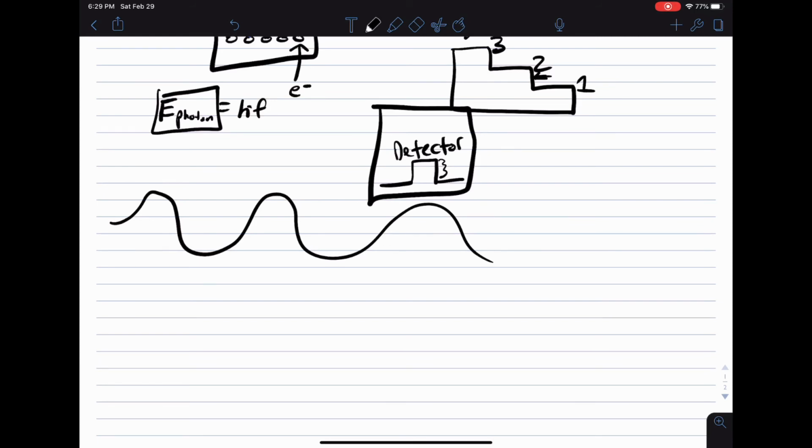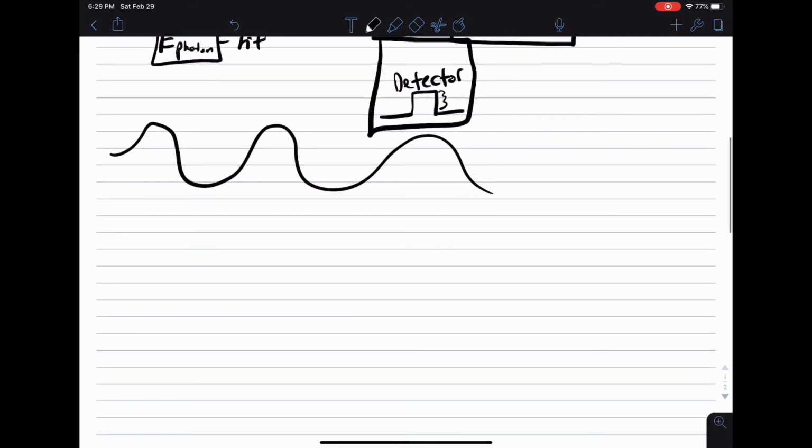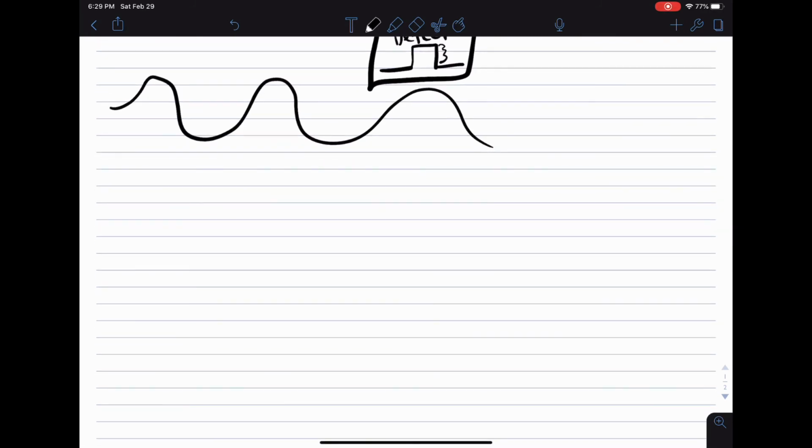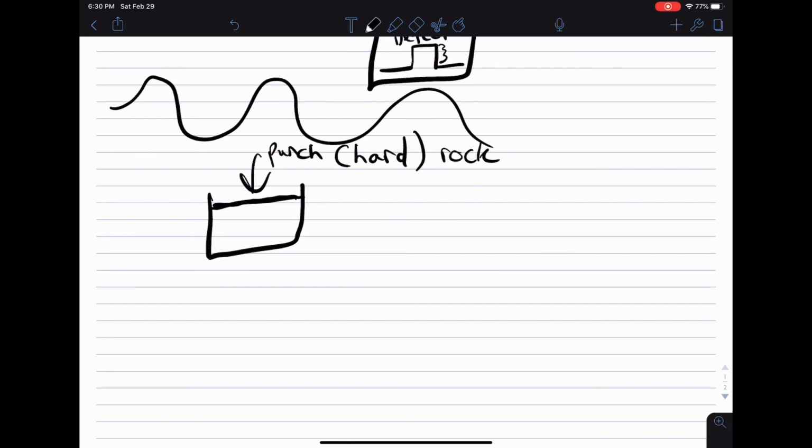A good analogy that I've thought up is that sometimes it's almost like a non-Newtonian solid. This is a very convoluted way of thinking about it, but a non-Newtonian solid is like this weird, glue-type thing. And if you hit it really hard, if you punch it, it will be really, really hard, like a rock that you're trying to punch. But if you were to sink your fist in slowly,